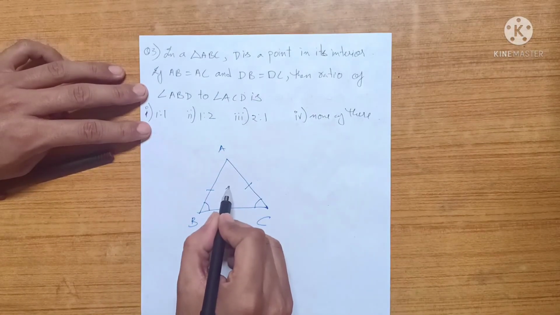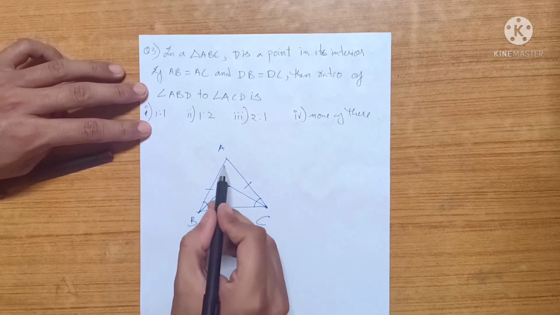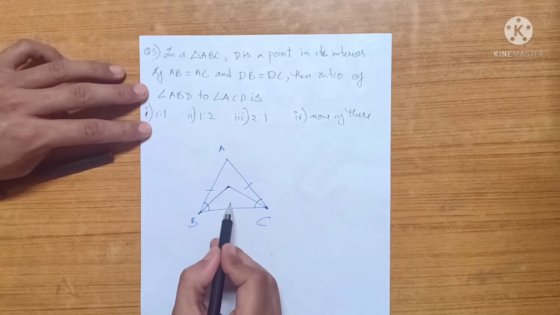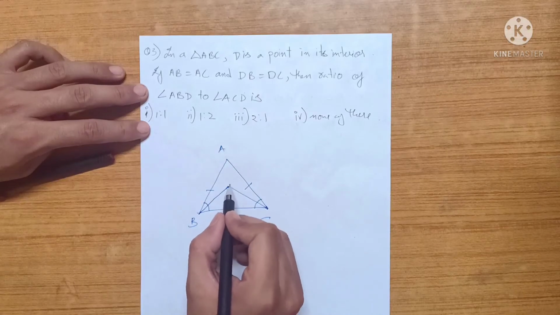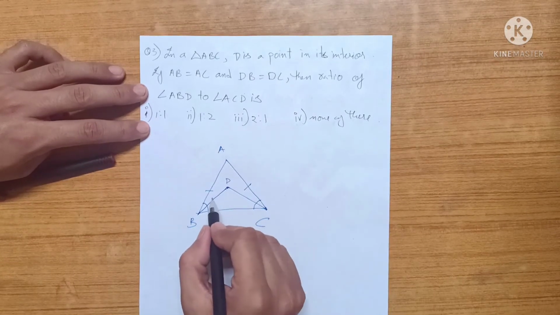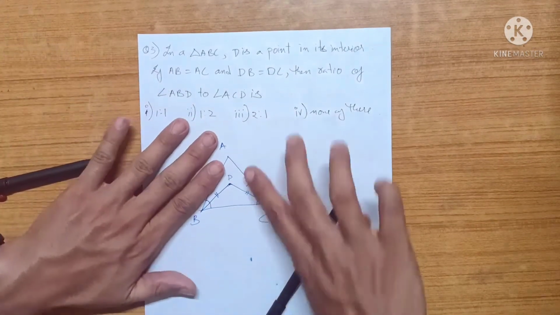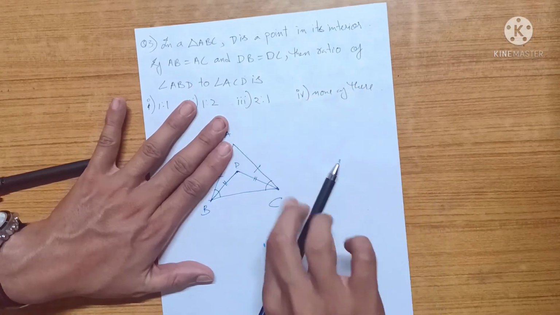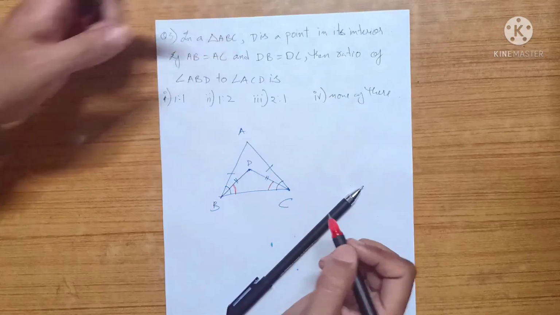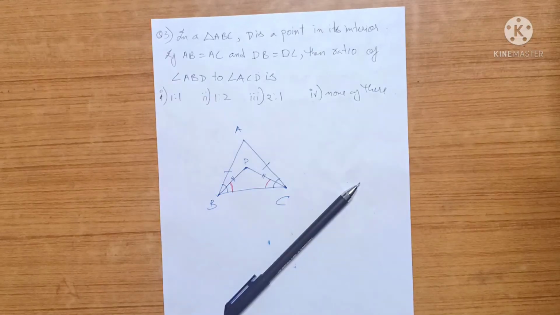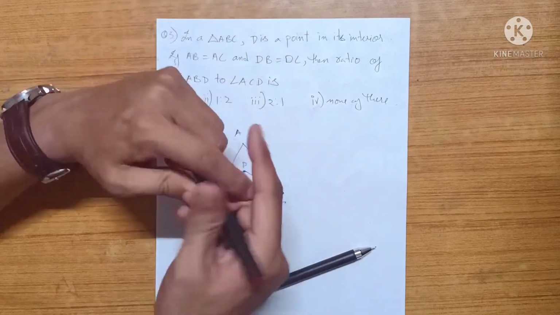So D is inside ABC such that DB is equal to DC. So it can be here also, okay? DB, DC also, or it can be here also, DB, DC also, doesn't matter. I'm just drawing it in the middle so you can look at it properly. So they're telling us that DB and DC are equal. So since this inner triangle is also an isosceles triangle, we know that the red angle and the red angle are equal, right? But we said that the big angle and the big angle are equal. So what can you say about